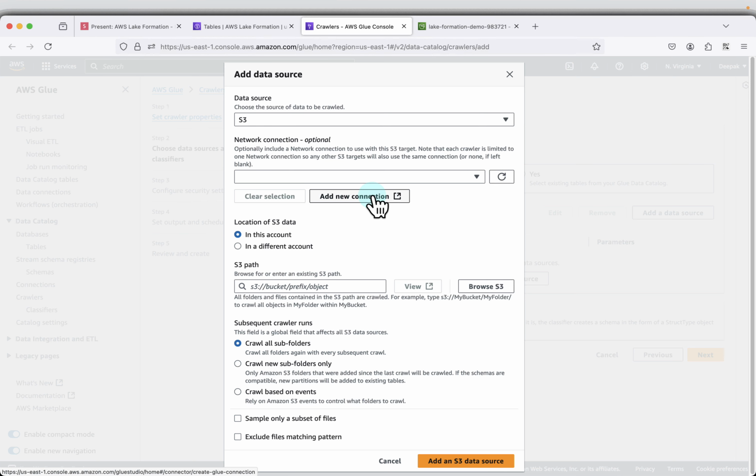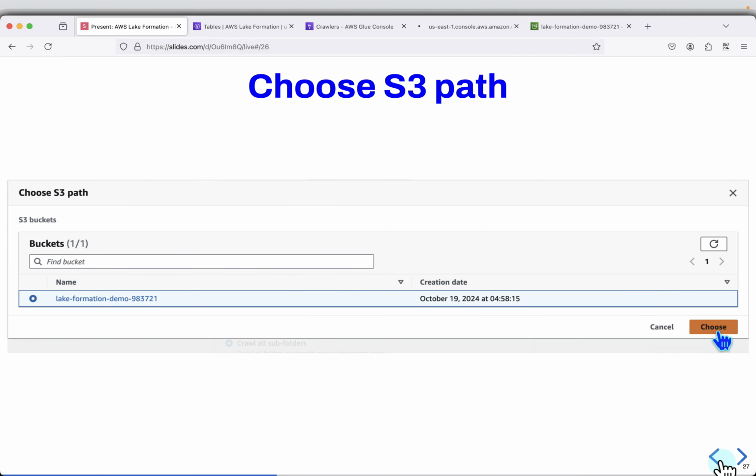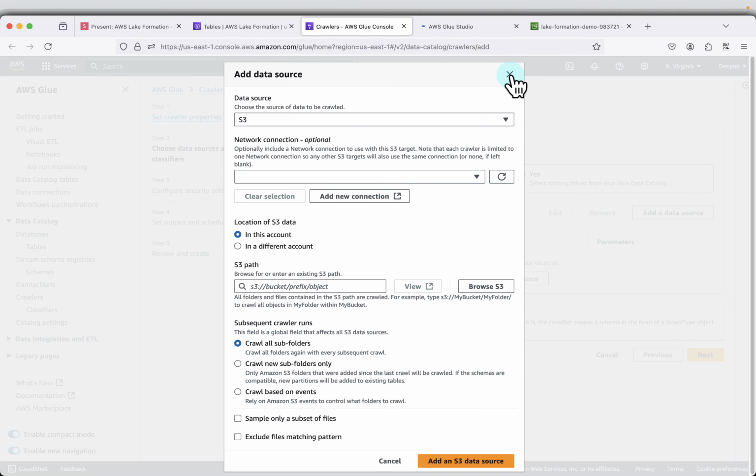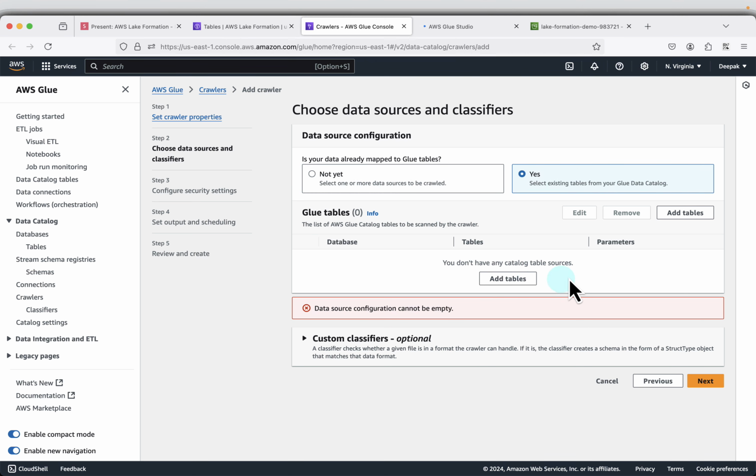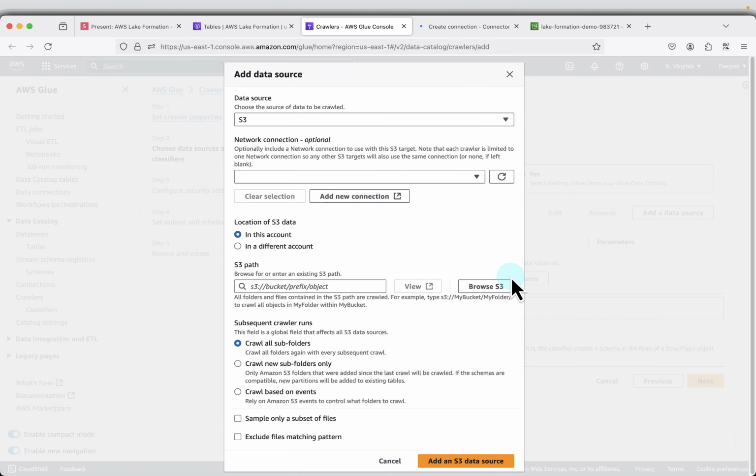S3, okay, add new connection. Okay, let me try this. Okay, sorry, yes, so I have to select yes. Add a data source and okay. Sorry for that. Okay, so basically I was coming into network connection, which is optional, so I don't have to do that. S3, and in this account browse S3